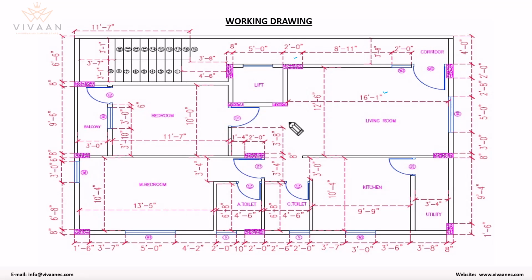If you are not going to have a proper drawing, the contractor who is building the house, or the mason who is building the walls, may construct this wall, and instead of taking 3 feet, he took like 2 feet. He has made a mistake. So at that time you need to demolish that wall and reconstruct it. Or if you are not interested in demolishing it, you need to